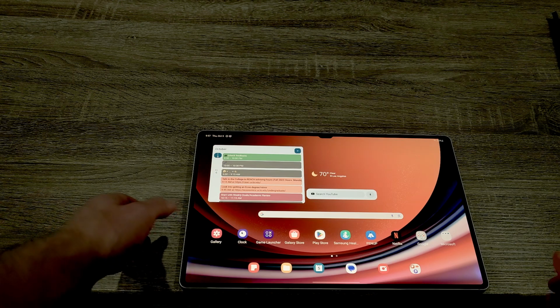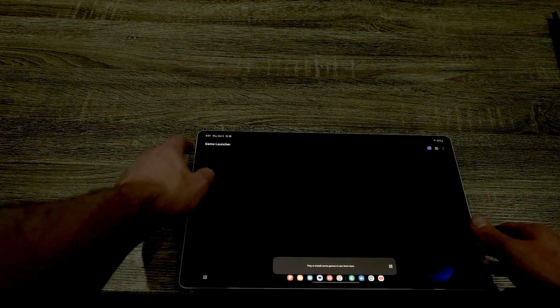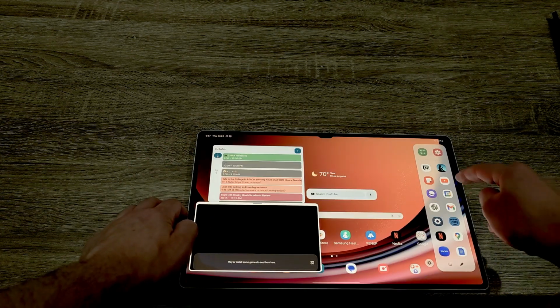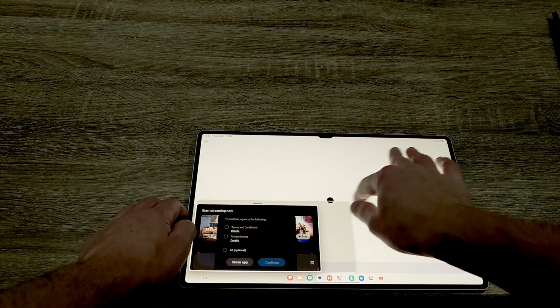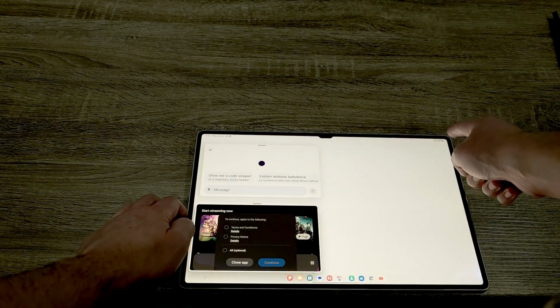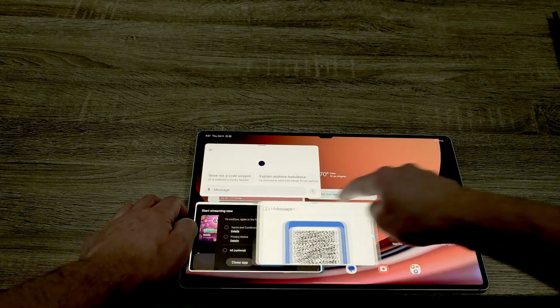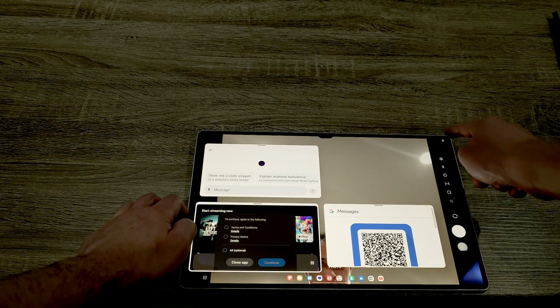I'm going to show you how to multitask on 5 screens. I open Game Launcher, then I open, say, ChatGPT, then I open, I think, Messages, right? Yeah. So I open this, and then I open Camera,